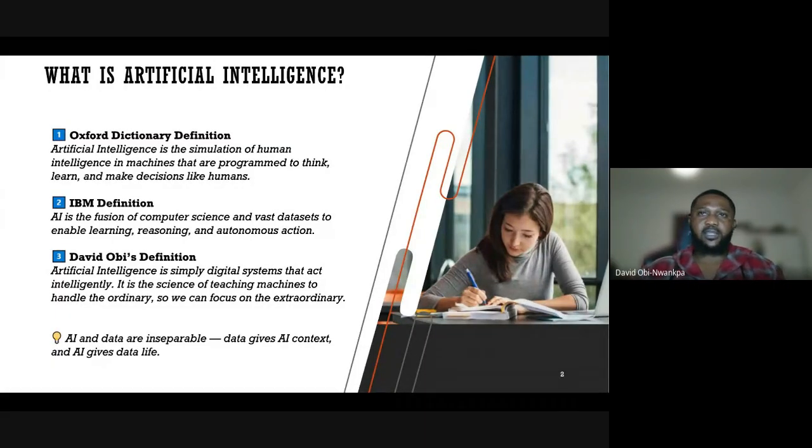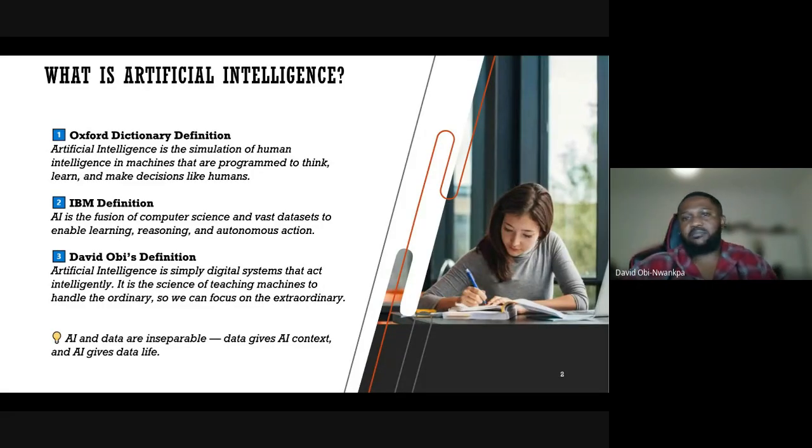Okay, let's give examples. Let's say every business, every company all over the world has done good stuff by bringing up a good product that is helping everyone. So as long as that system acts intelligently, it's an AI. Whatever is smart, whatever acts intelligently is an artificial intelligence. So that's the basic definition.